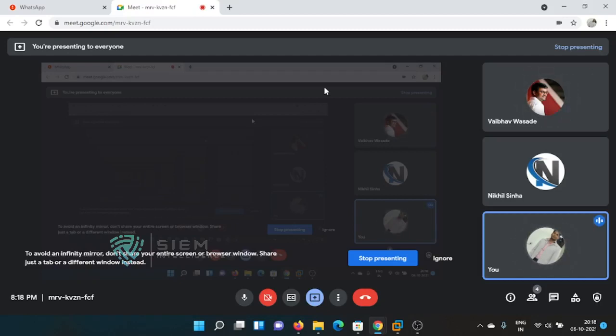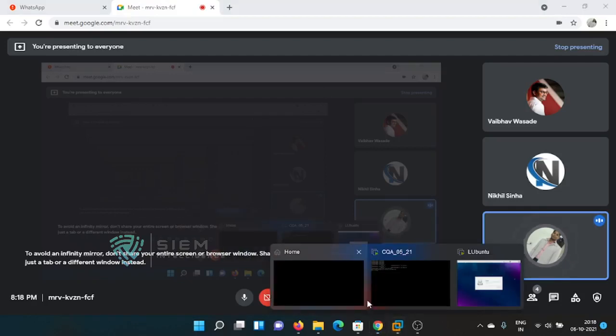In index file search, what happens? See, I told you there will be one instance called events, one instance called flows, one instance called the Ariel index, and one instance called accumulation. See, there are 4 instances created in the Ariel database. Events will be all the raw data events. I will show you in a system event.